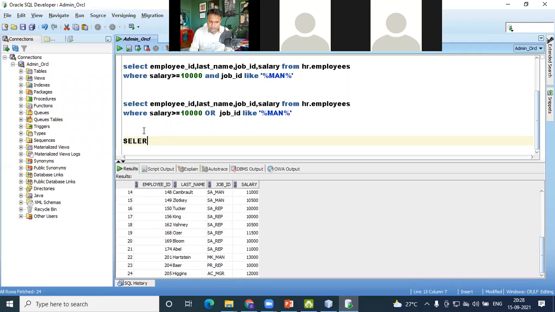select last_name, job_id from HR.employees where job_id